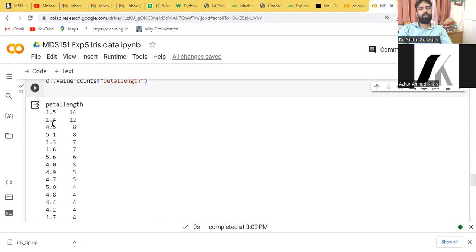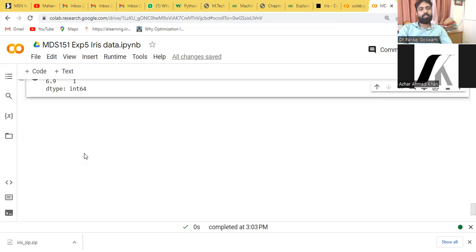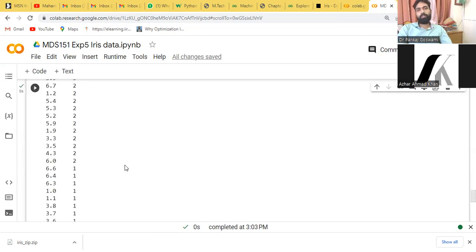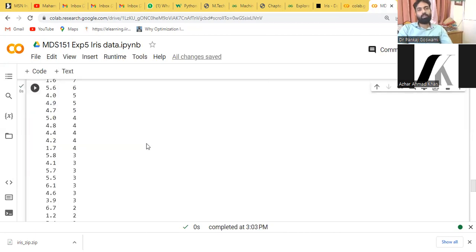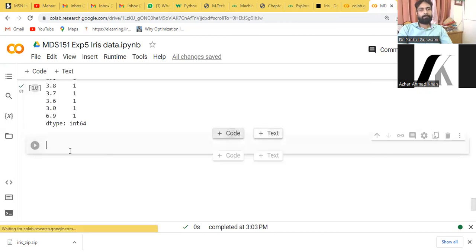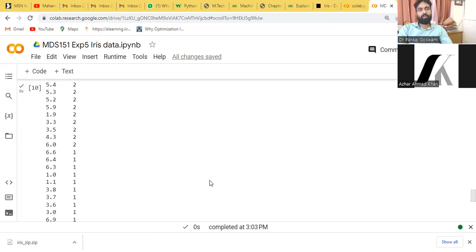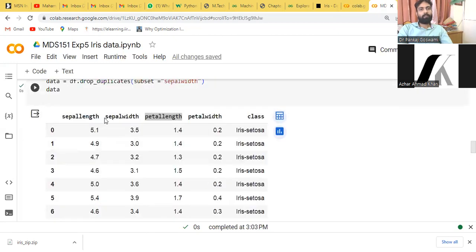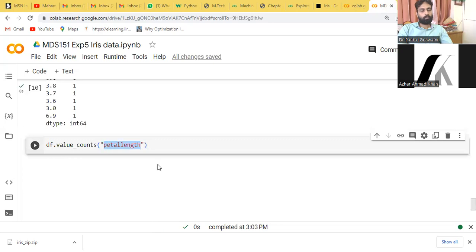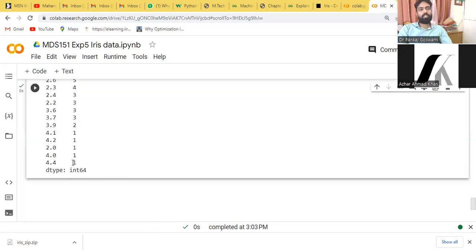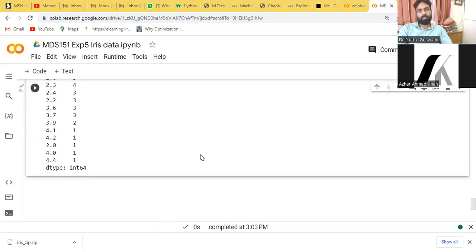How many times are the petal lengths 1.4? How many times 1.12, 4.58, 5.18, 1.37 times? And similarly, 6.9 is only one time. So any count can easily be created, not only related to this one, you can do it for another one. Like I'm doing it for another, for the sepal length, looking for the size. Sepal width. इसके लिए करके देखते हैं इसको स्पेल वर्ड के लिए।